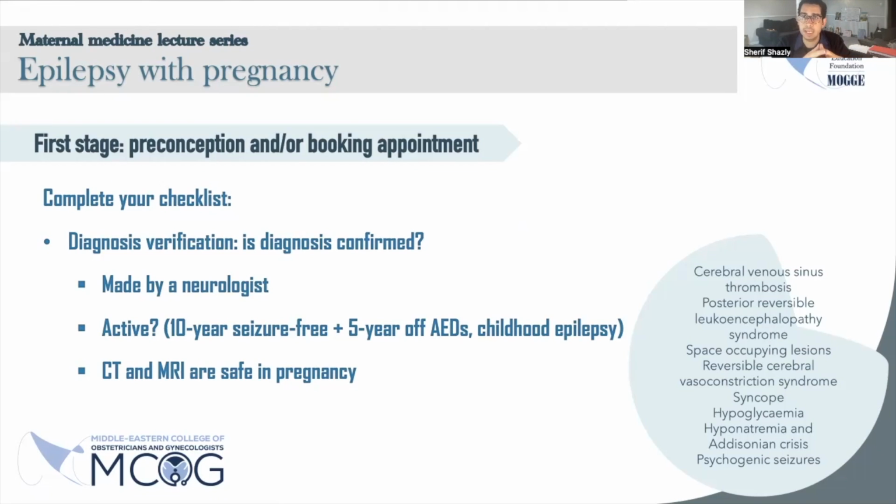I would say, in the preconception appointment, if a lady is planning to get pregnant and she was seen by a neurologist who recommended that she sees you before she plans to get pregnant, or if she's coming, unfortunately, with a positive pregnancy test and we have to keep going, your first point in the checklist is actually diagnosis verification, which in many situations just gets missed. Here I mean that you shouldn't be saying